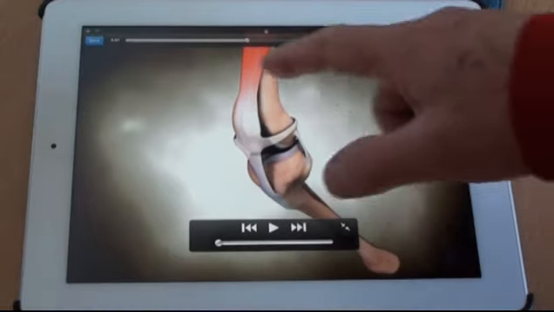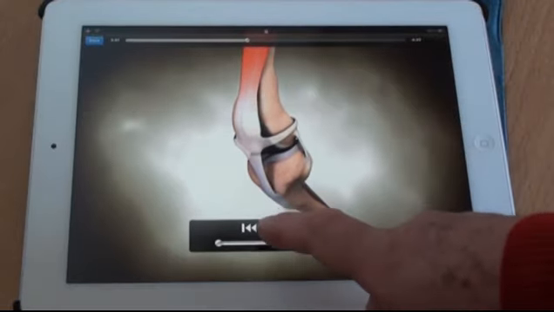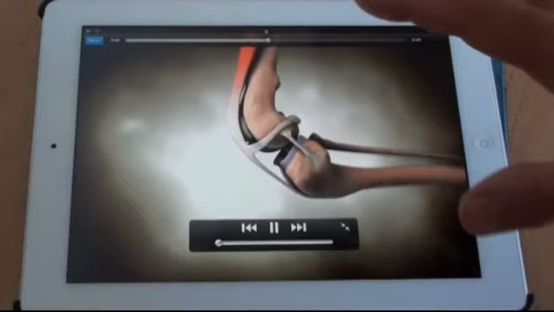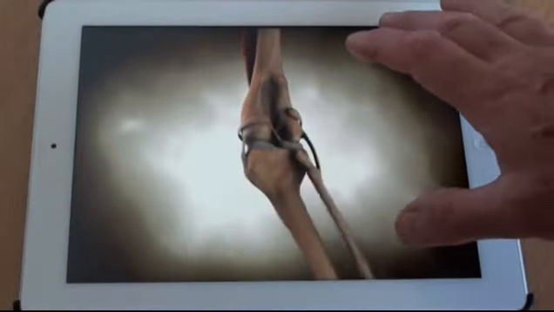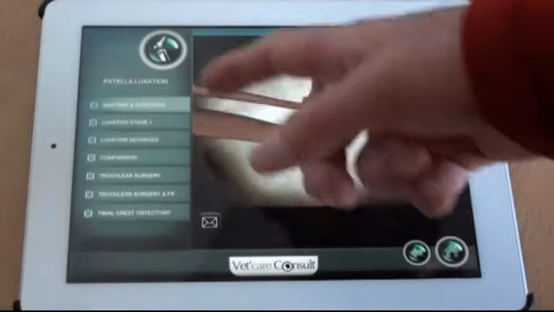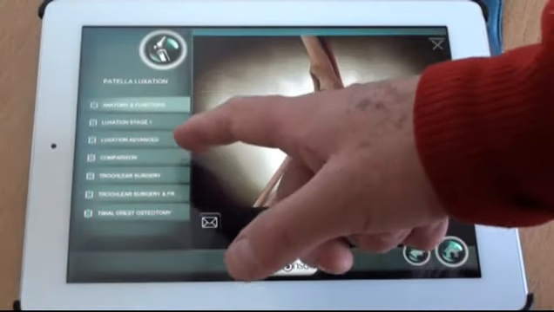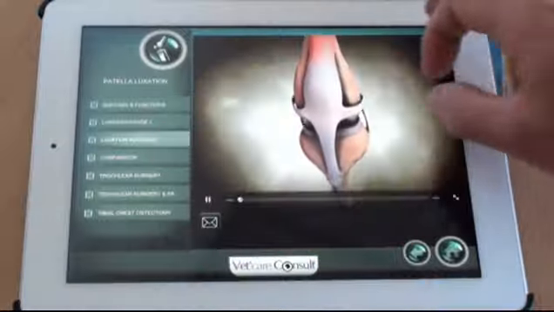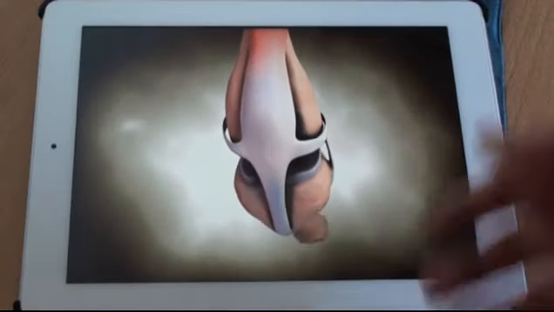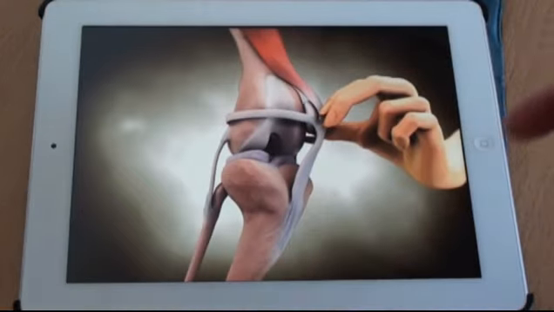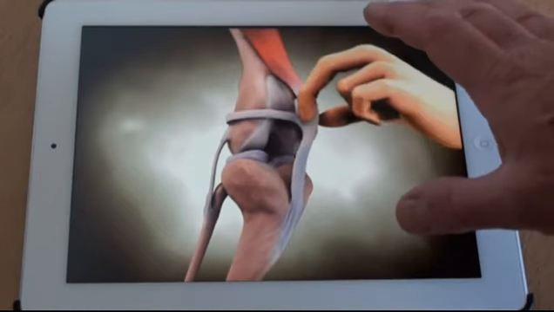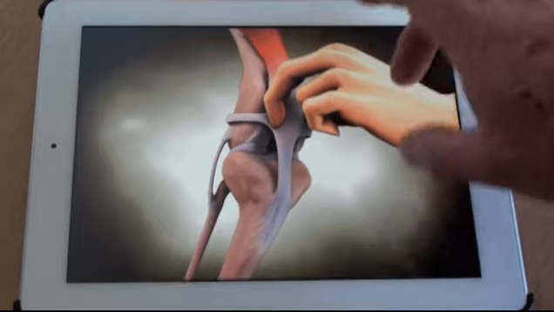He can focus on one area and talk to his client using his own words, because there's no text, no words. It's really a very efficient communication tool. You can select then other features such as, for example, patella luxation, and show his client now what's happening when it is luxated. And then, of course, he can explain to his client what are the treatment options and different